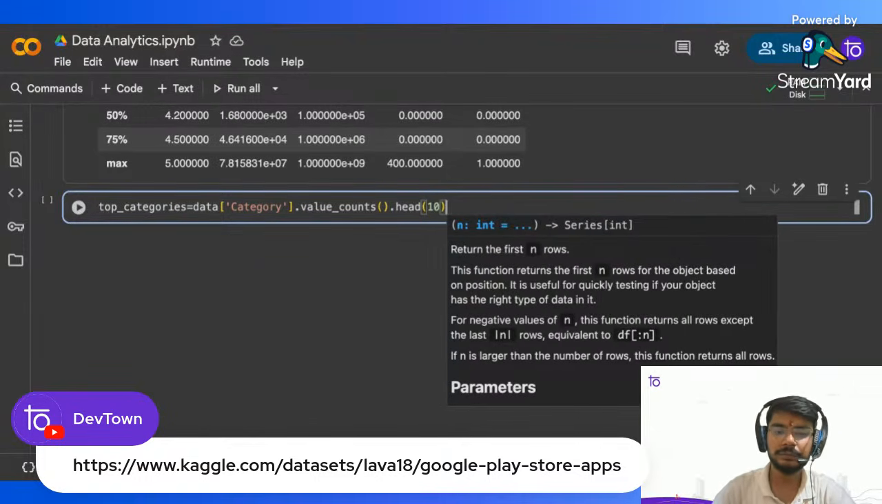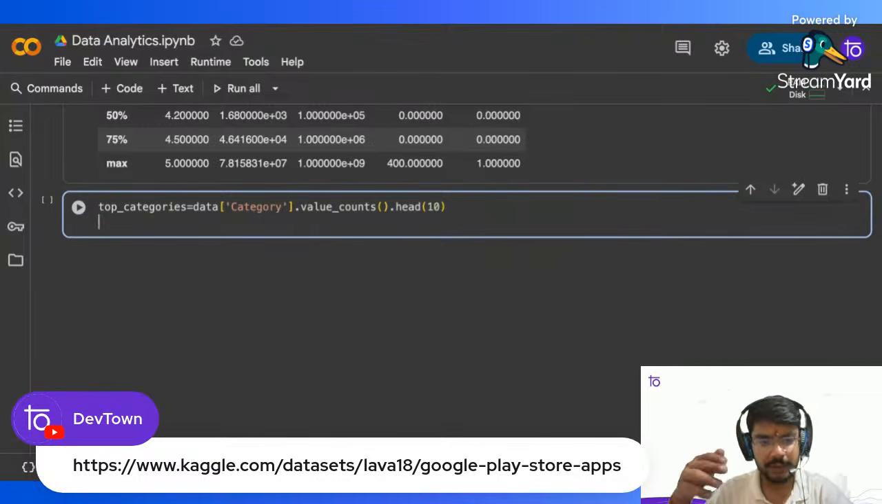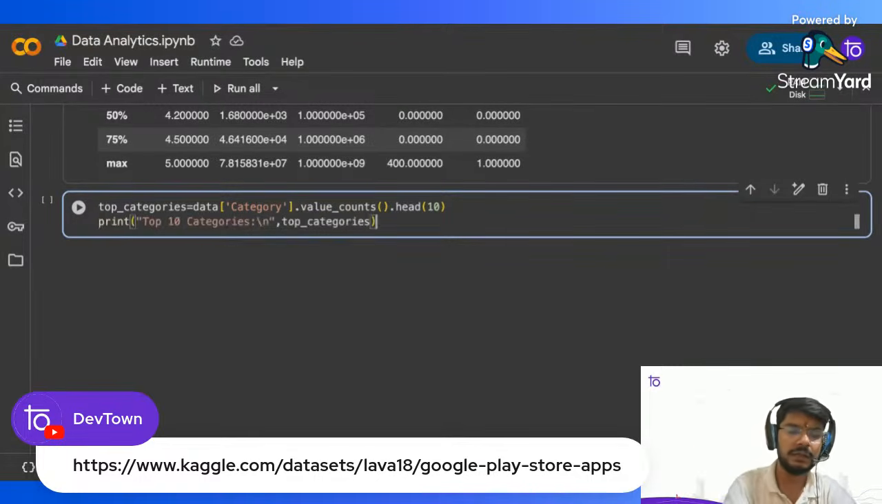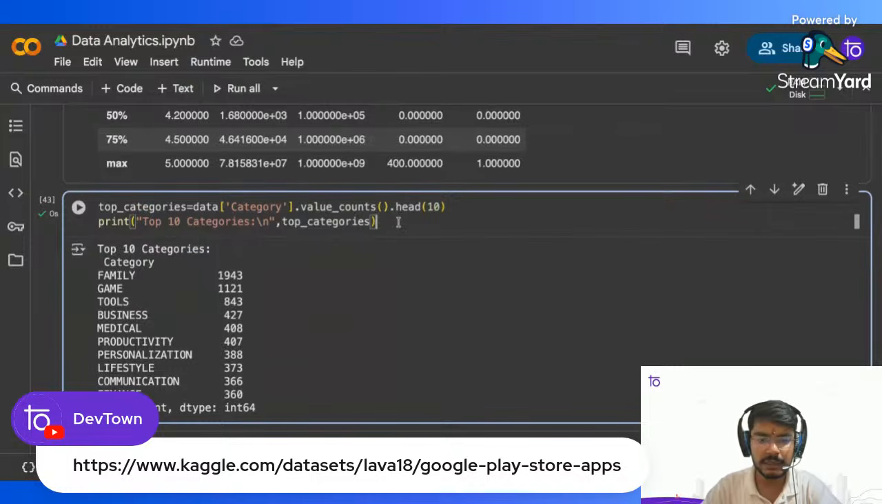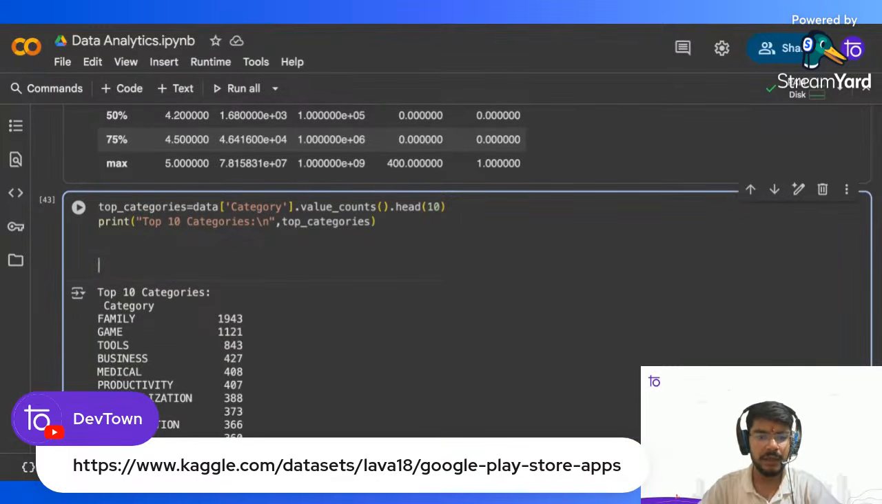Okay, and like this, if we want to print this data, you can print it, but I want to properly visualize this data. Here you can see family apps were like 1943 and something like that. But now I want to visualize the data, so in this you will give